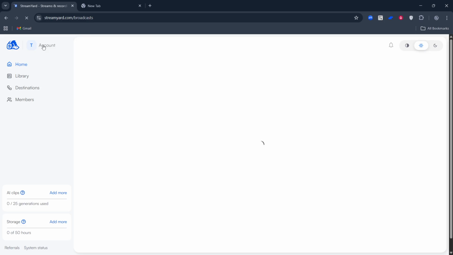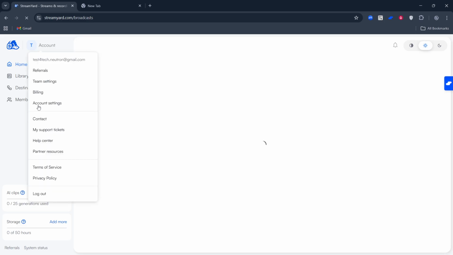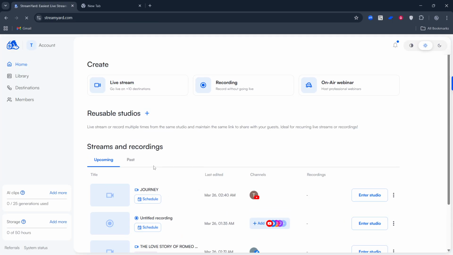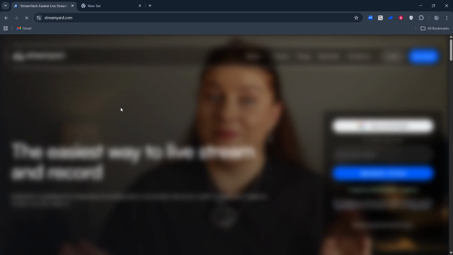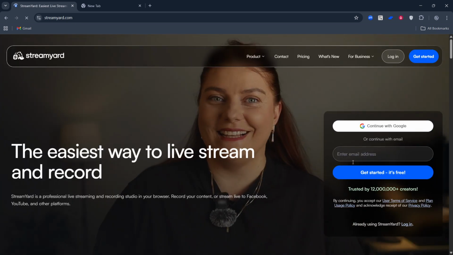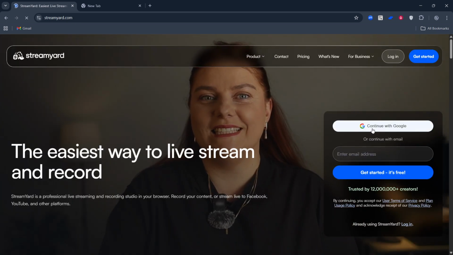To recap, most StreamYard problems happen because the camera or mic permission was blocked in the browser or the wrong browser was being used. By allowing those permissions and switching to a supported browser like Chrome, you'll solve the majority of issues quickly. That's all you need to do. Open StreamYard, allow the camera and microphone, refresh, and, if needed, log out and come back through Google Chrome. With those two steps, your stream should be back on track and ready for your next broadcast.